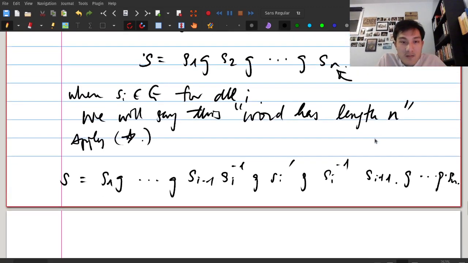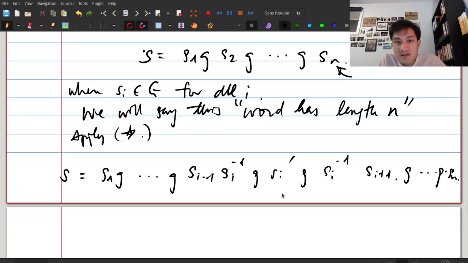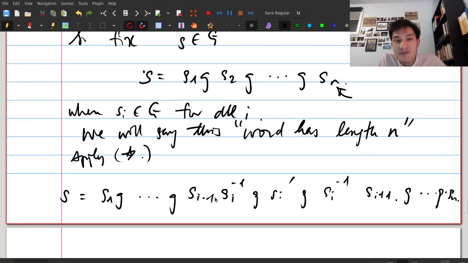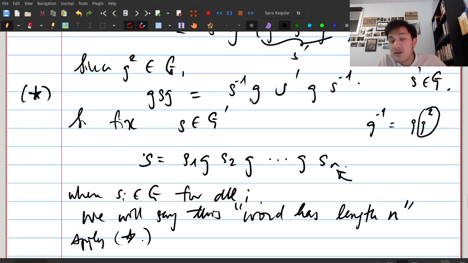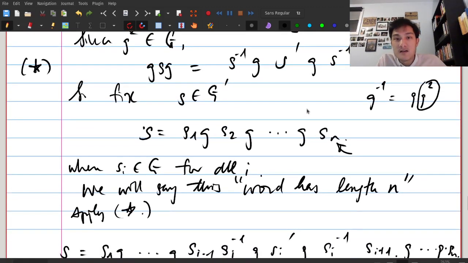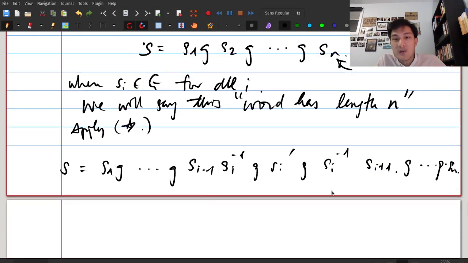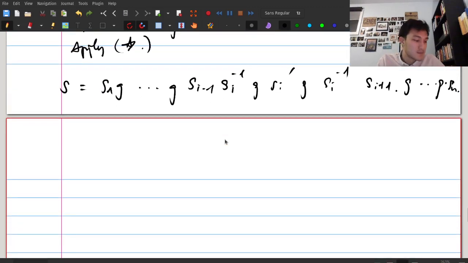So what have we done? We've taken some GSIG, like a triple GSIG, and we've made this kind of gnarly expansion of it, where there's now a new SI prime and SI inverses get tacked on before. But if you notice, there were 2 G's here and there are 2 G's here. So the word has not increased in length. By length, I still mean this thing, right? So the same number of G's up here and the same on the left as on the right. So we applied star. We didn't change the length of the word, but we have new coefficients, new sort of subwords in here.